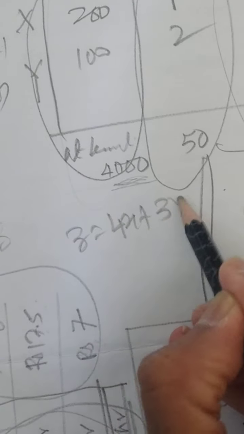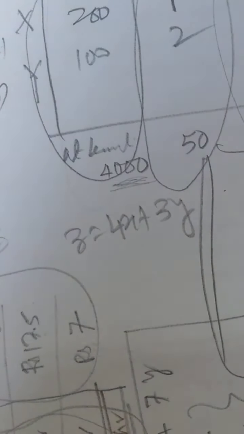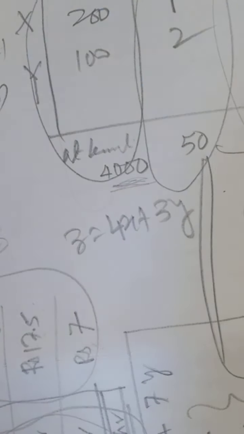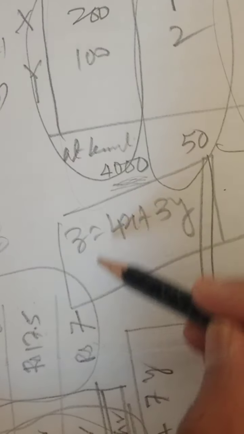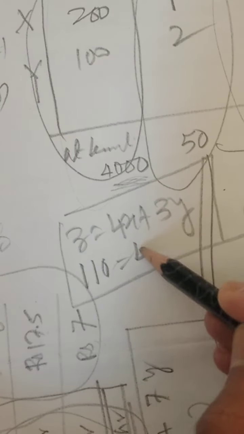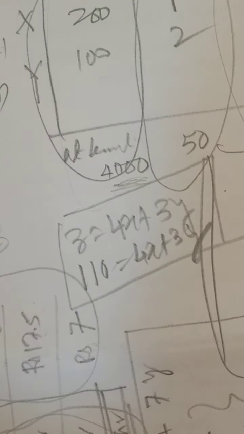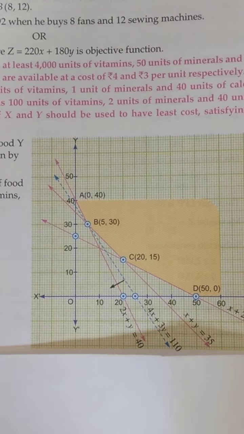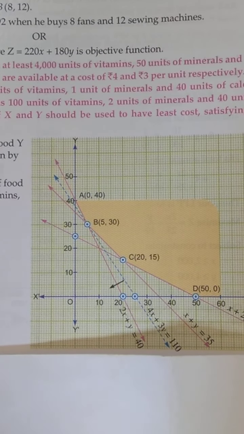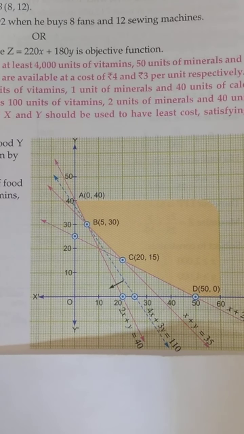4x plus 3y, cost function z will be equal to, and what was the amount which we have got? In this particular question, the value of cost function z is 110. So I should write here 110 equals 4x plus 3y. So you should plot this particular line in the graph. This line itself is nothing but the blue dotted line. So the blue dotted line you are getting will be passing through the point 5, 30, and it is not crossing, it is not dividing the feasible region. This is the condition whenever open unbounded is there.